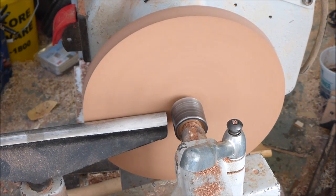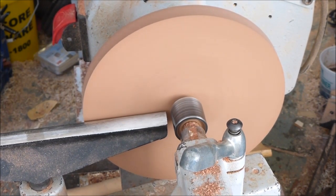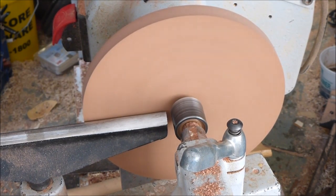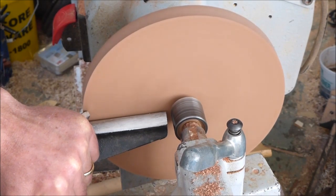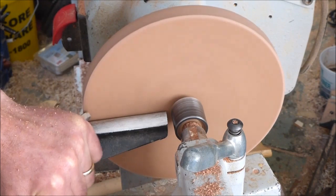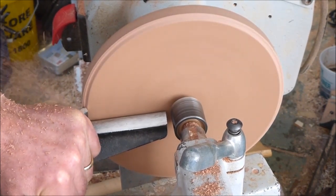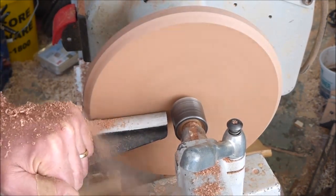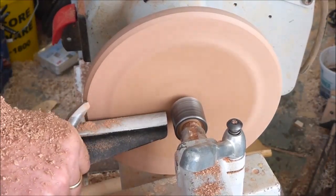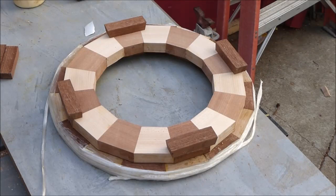Alright. Locked off. Safety gear. Bring up the speed to right around 1,000 RPM. Alright, so